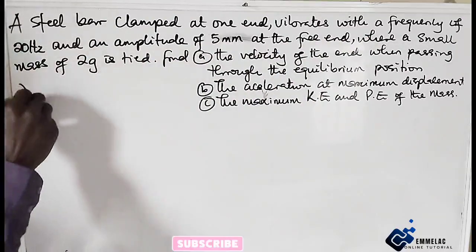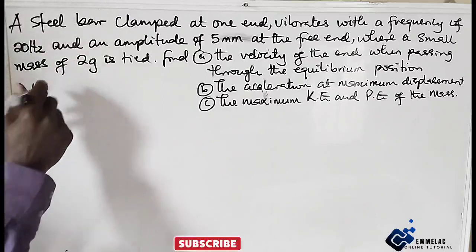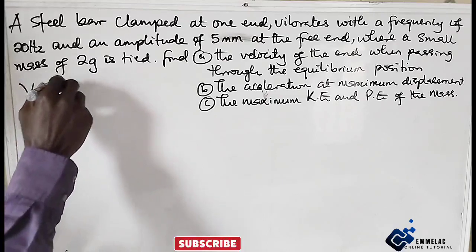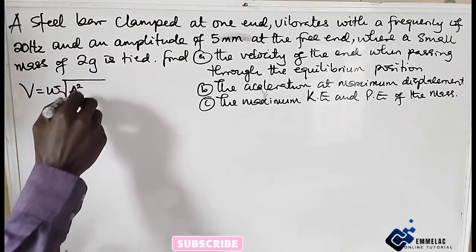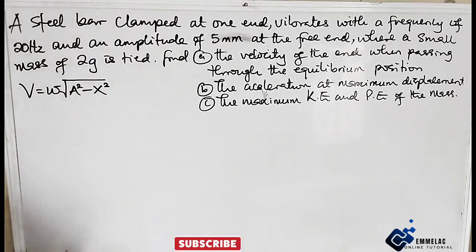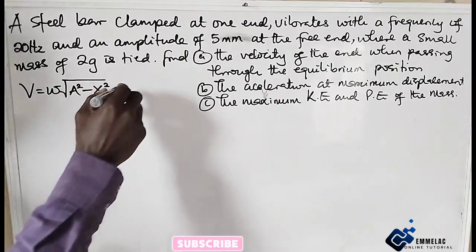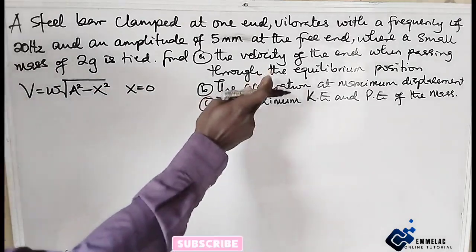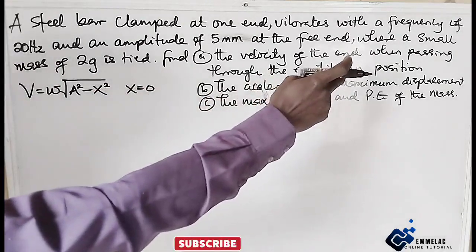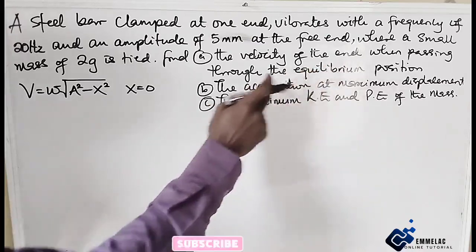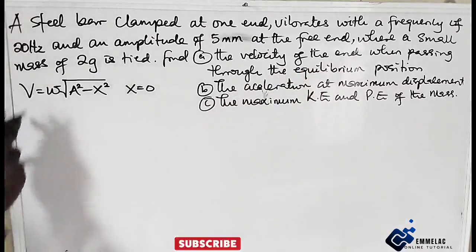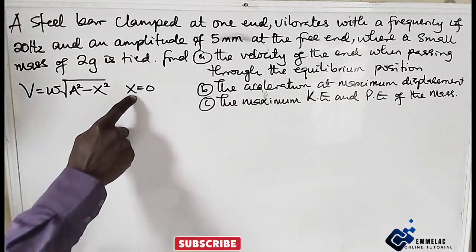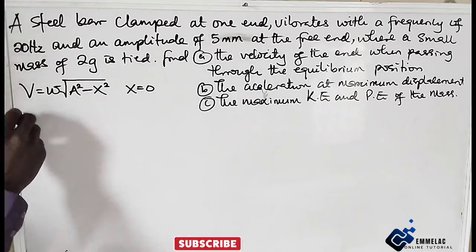Now let us recall that the velocity equals the product of the angular velocity and the square root of the square of the amplitude minus the square of the displacement. Now at this point, our x will be what? 0, because at the end passing through the equilibrium position, velocity will be maximum. So because velocity is maximum, then displacement will be 0. So we are left with this,